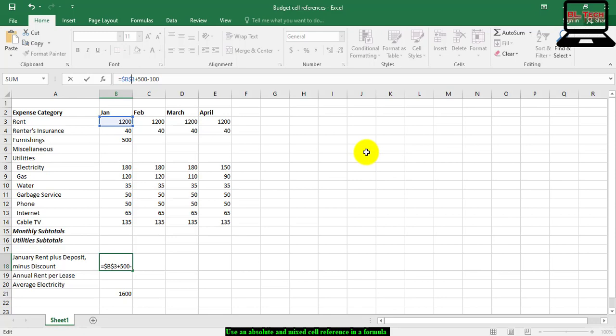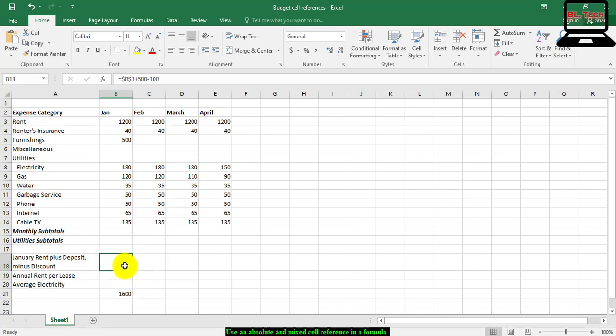It looks like $B$3, and press enter. The formula in cell B18 now uses an absolute cell reference to cell B3.